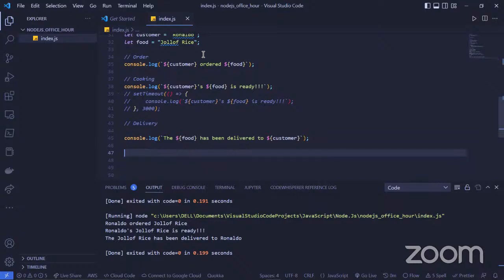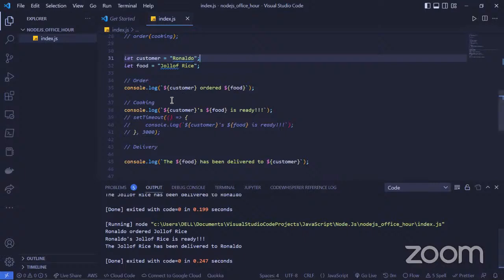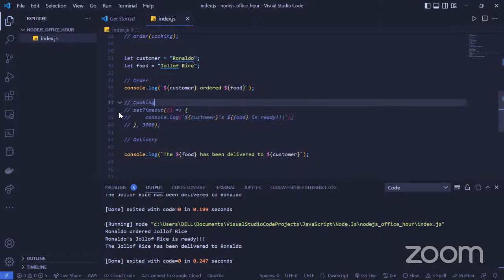This is not needed. I want to scrap this code. It ran in 0.247 seconds. So I'll take this out, I will set timeout and check this.